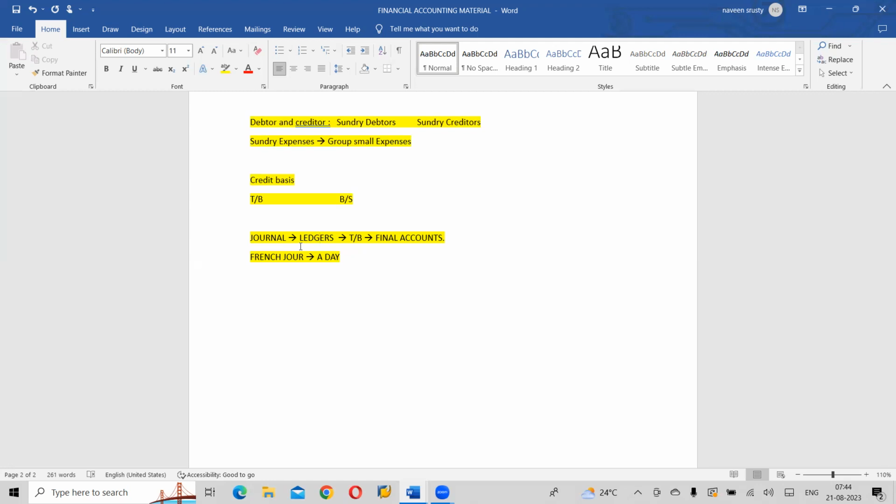Once we prepare the ledger accounts, if I want to check what my cash status is as of today, by looking at the journal it is not possible to make out. But by looking at the ledger, it is possible. On the left-hand side, we will record all cash receipts, and on the right-hand side, all cash payments, right? The difference between cash receipts and cash payments will be your cash balance, a positive cash balance or a negative cash balance. Understood?